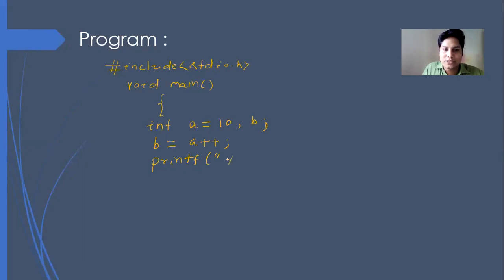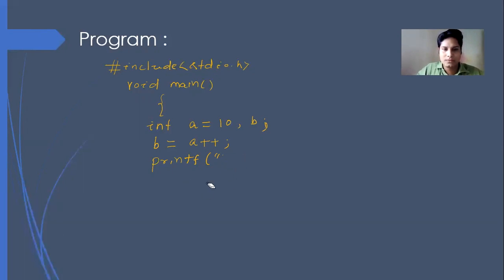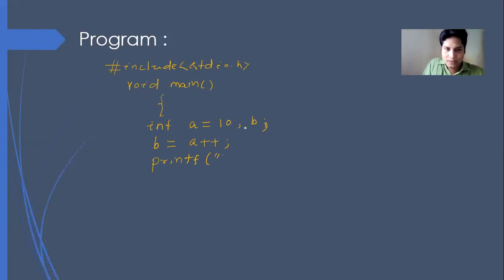So I'm writing printf("b = %d", b); Again, I want to display the value of a, printf("a = %d", a);